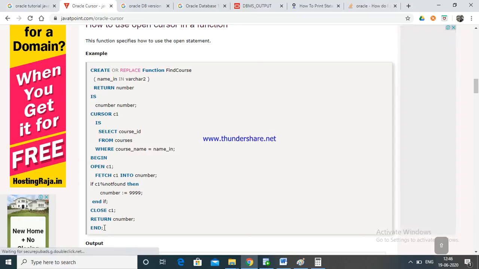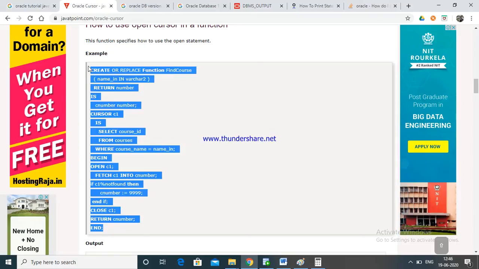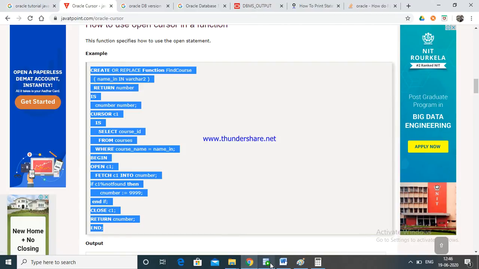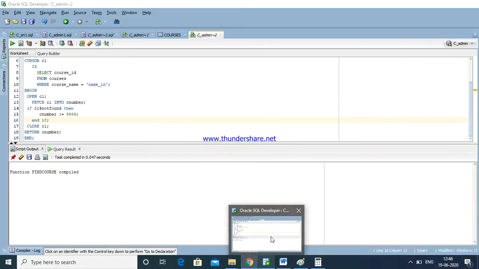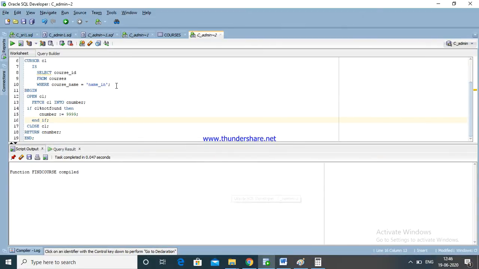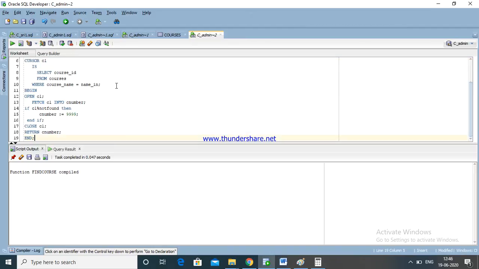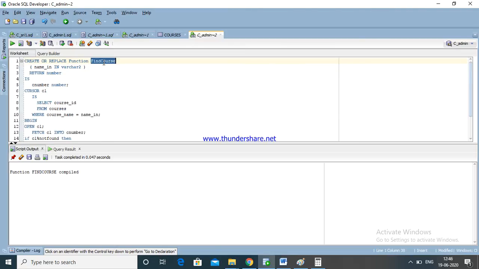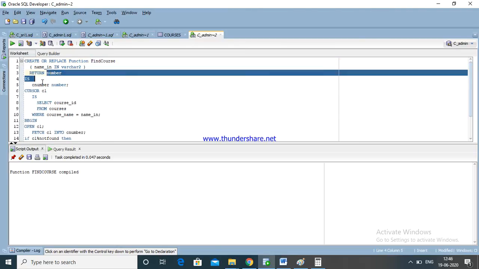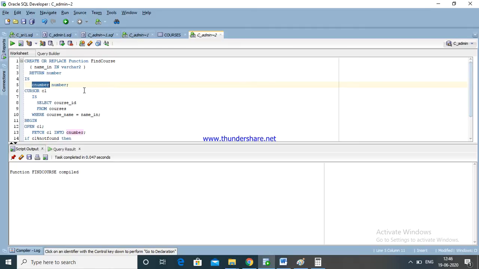This is one of the examples. This example is not good. We are going to explain from some other website. Just going to delete. Now just go up, find the cursor, return type declared number, C number we are using.